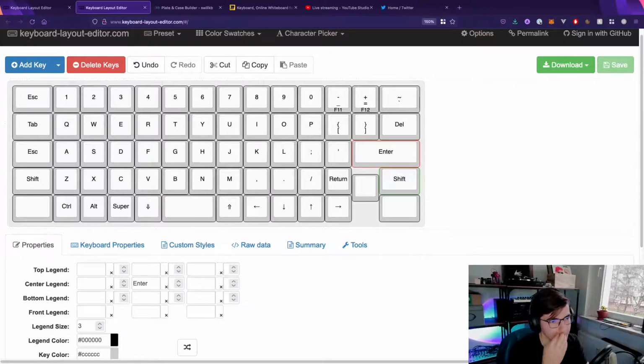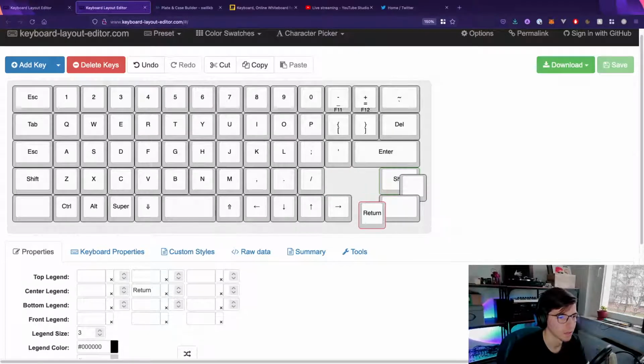Yeah, so in this case it would be a semi-ortholinear, since we have a bigger enter button. But since it's super custom, we can do wherever we want. We can go there as well. So we have this row with the shifts, and we can go with a shift in this direction. And we have a space to put a couple of